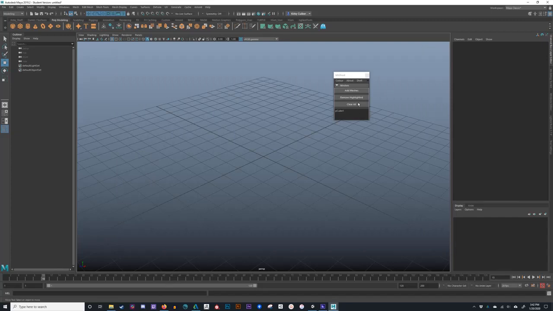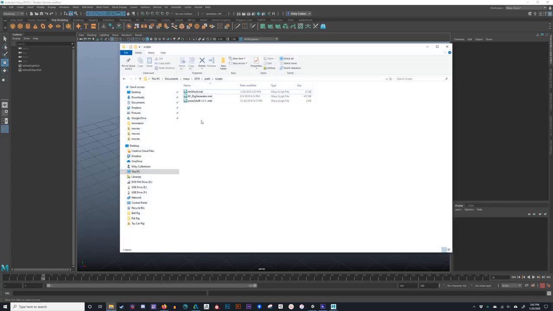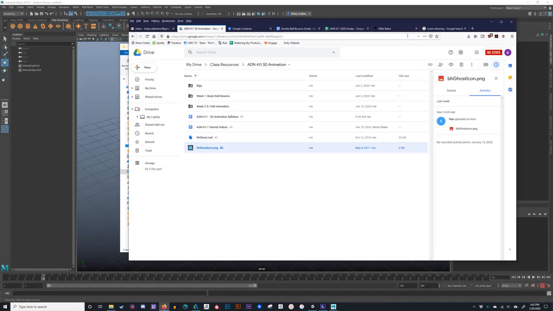Okay, any questions? Just so that you have a reference, maybe as a screenshot, this is the file location. You can just replace Kirby Culbertson with whatever your username is, but that's the Windows location for your scripts. And now that I'm thinking about it, if you're on a Mac, you'll need to know the